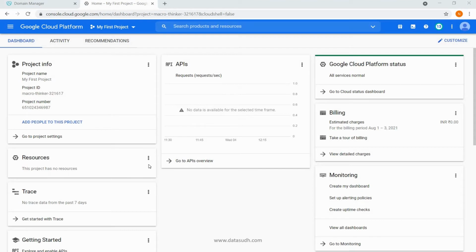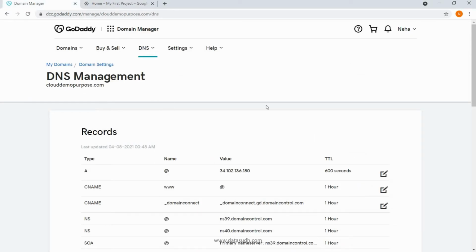Now we are going to host our website with DNS service as GoDaddy. Before we go ahead and do that, we are going to understand two DNS records in our DNS configuration in GoDaddy. If I come back to my DNS management, I can see two records here. One is record type A and one is CNAME. These two will be very significant when we'll be hosting our HTTP and HTTPS site, because we will need to point our domain to respective cloud components in both the cases. Now what does this record type A mean and what does this CNAME mean?